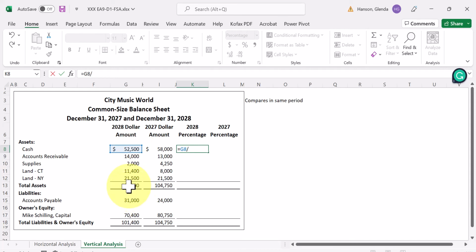So this is G13 down here. But because it's relative right now, the next time we copy this, it'll go to this cell, down to this cell, down to this cell, and be a problem. So we want to make it absolute. You can type in a $ sign in front of the